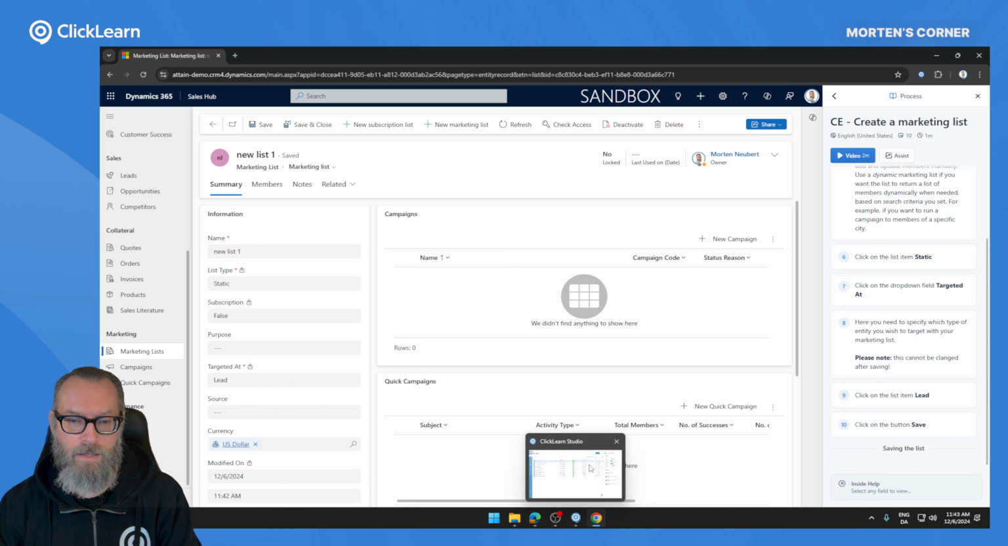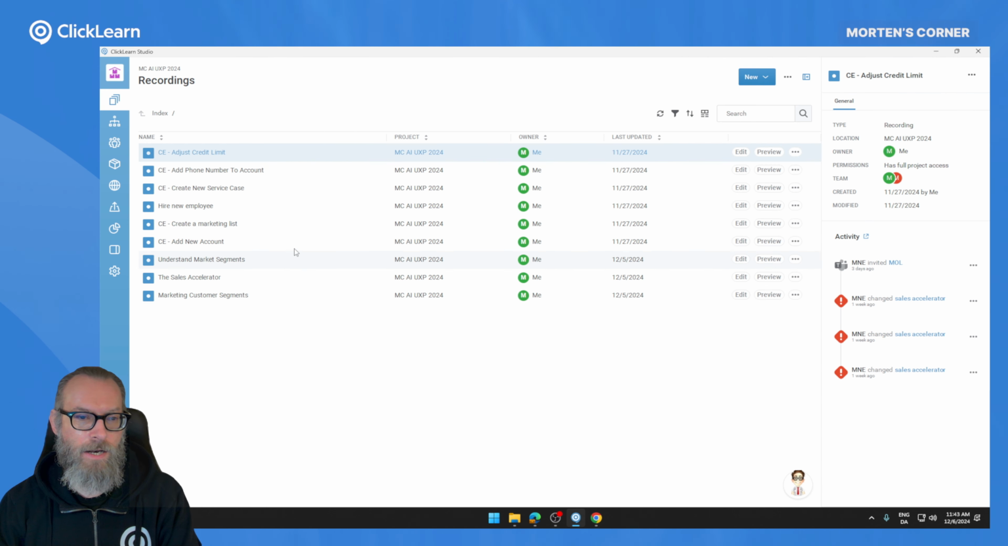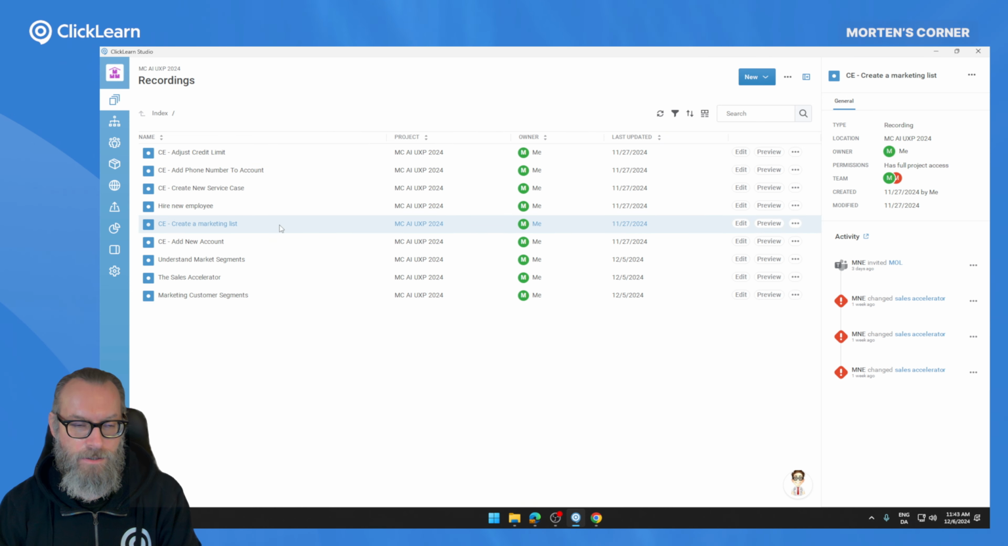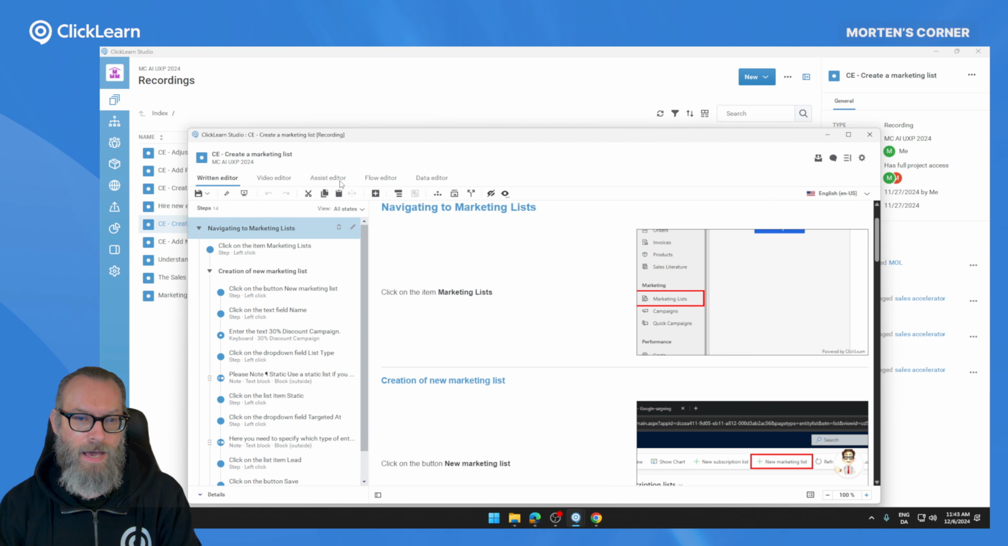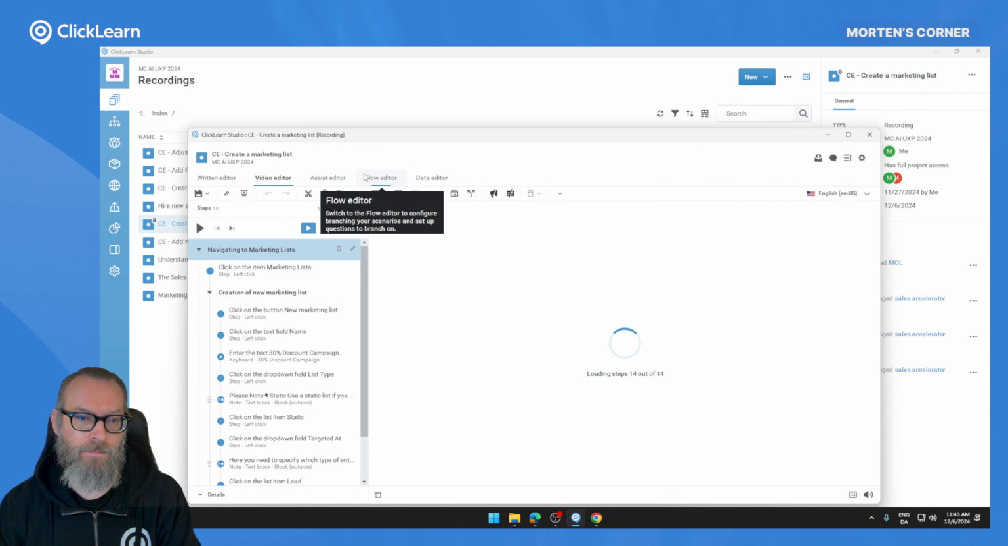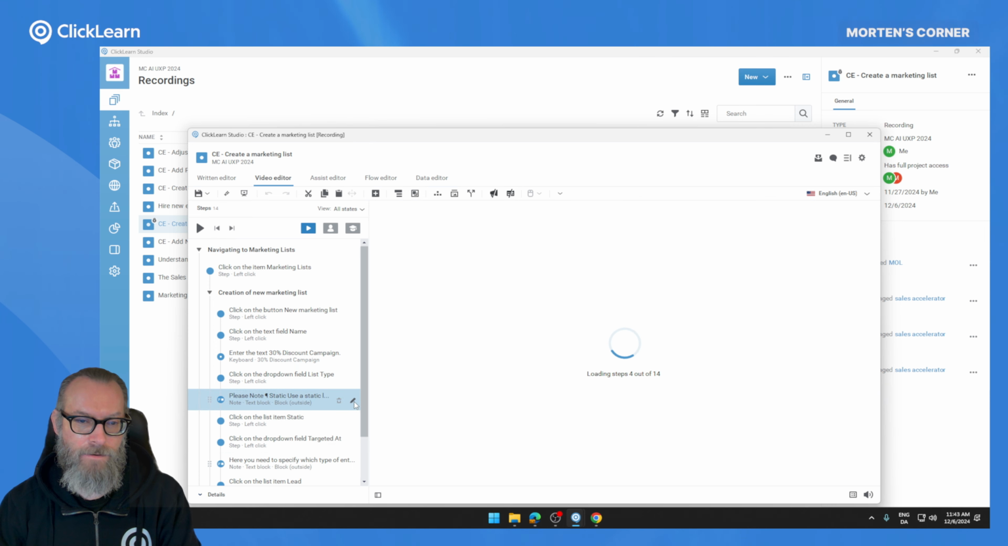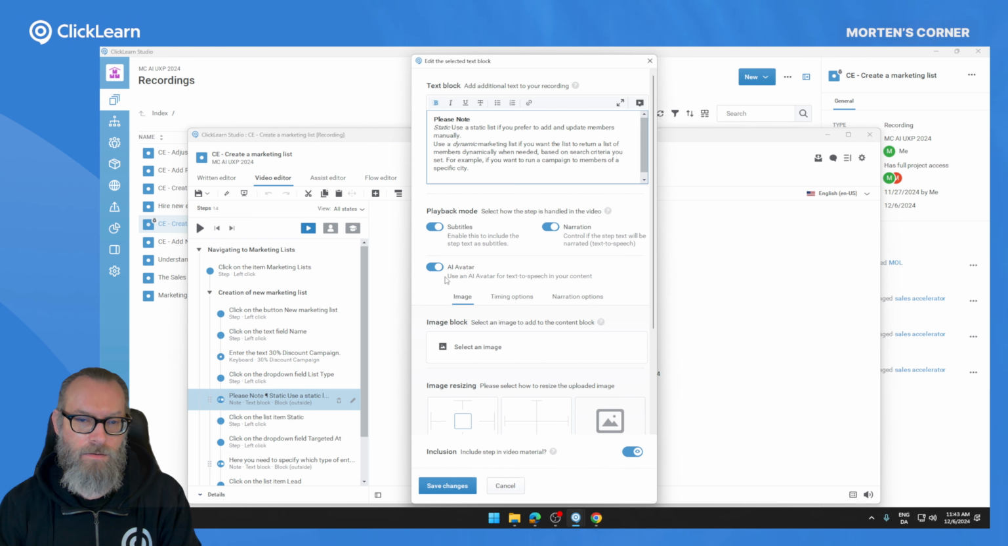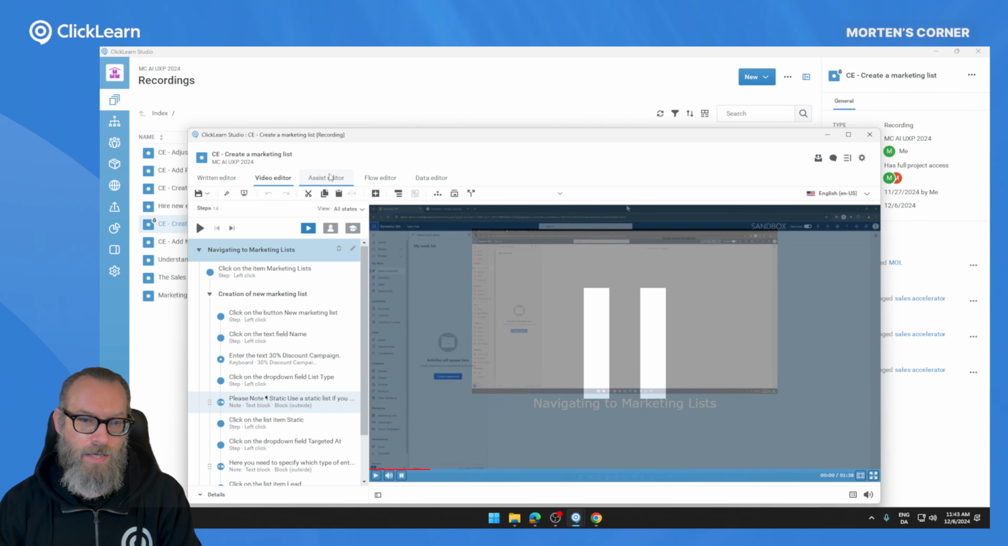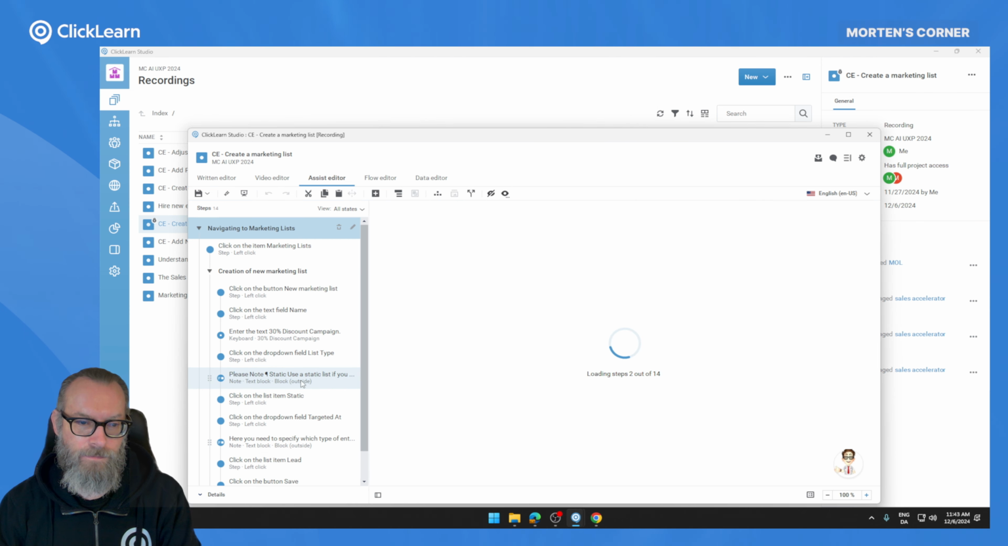And the way it's being done in Studio, let's go ahead and open up the marketing list we were just doing here. So create a marketing list. So the way you want to add it to the assist is that you come to the video editor. You will find your note, click on edit, and then you make sure that you enable the AI avatar. When you then click on the assist mode,